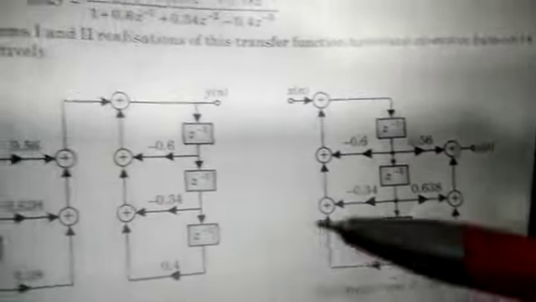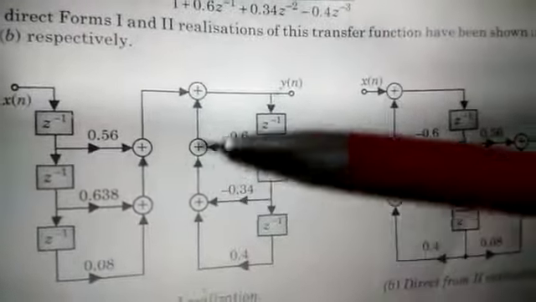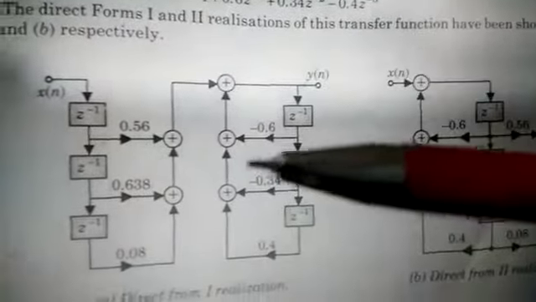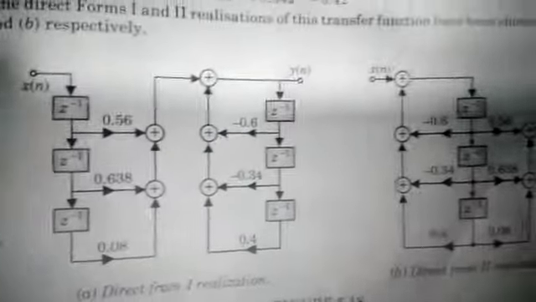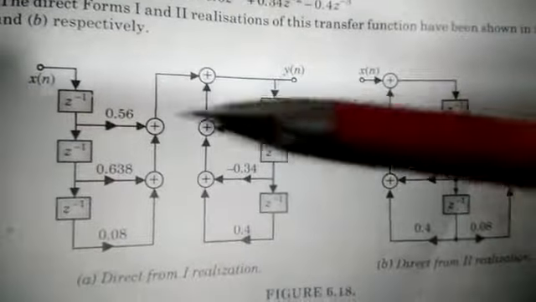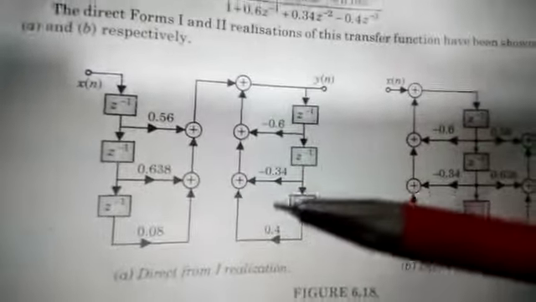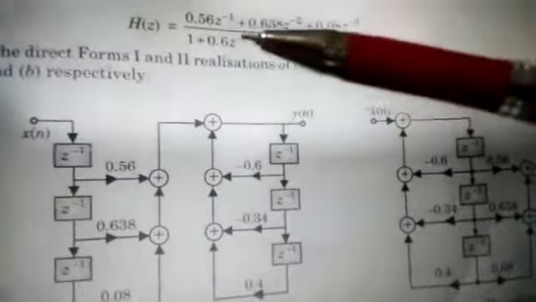In direct form 2, we will take the common delays. In direct form 1, the number of delays will be more, and in direct form 2, the delays will be reduced to nearly half. So you can see here this